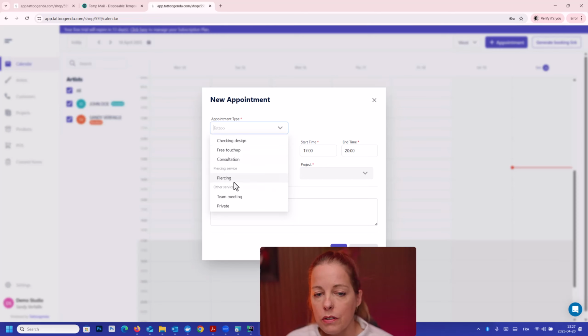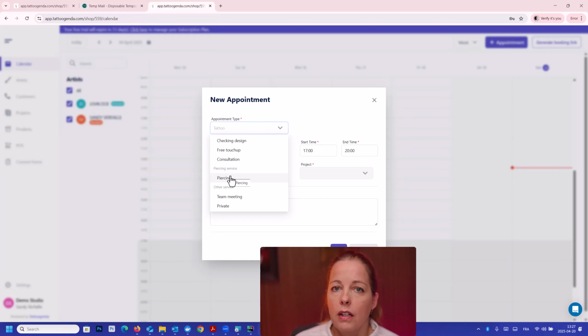We have piercing services. The default when you create an account like here is that we have one piercing service. If you are a professional in this occupation, if you do piercings in your studio, then you might want to add more piercing services, like a service for helix, for tragus, for lip, for whatever kind of different piercings you are offering, but this is just a default. I'm going to show you later where to add these appointment types. And then we have the other services, like a team meeting or a private meeting. If you would do tattoo conventions often, I can imagine you want to create a service for doing conventions.